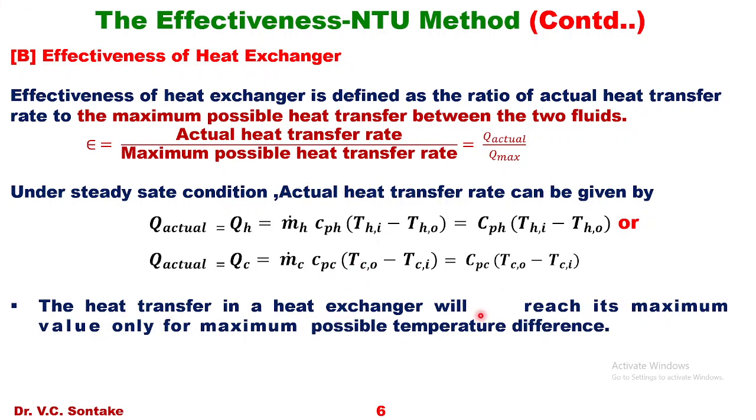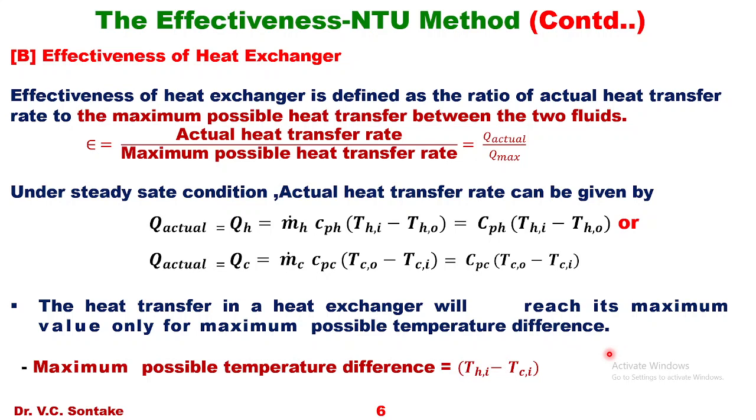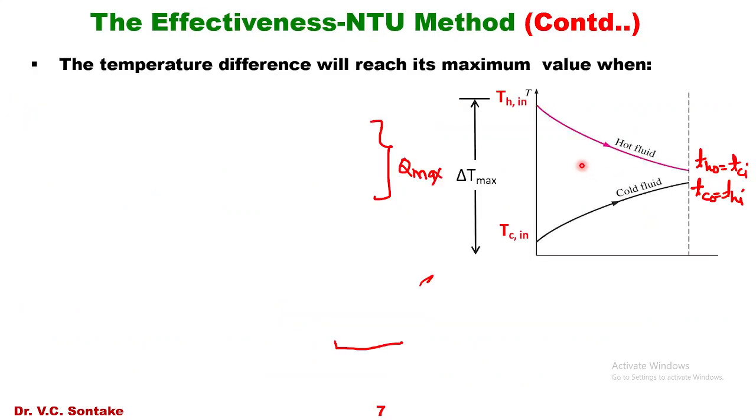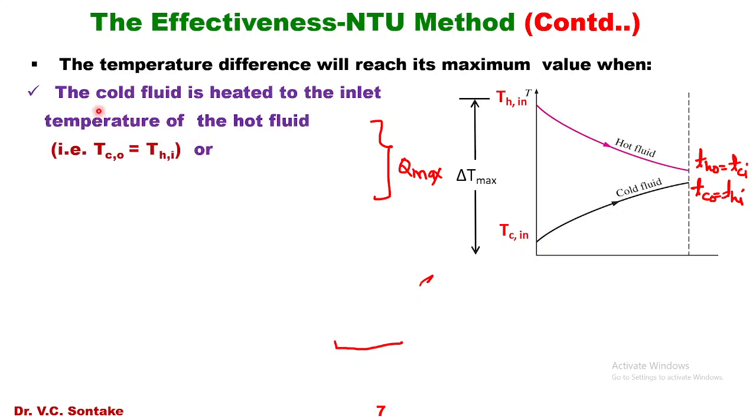The heat transfer in a heat exchanger will reach its maximum value only for maximum possible temperature difference. And the maximum possible temperature difference is given by the temperature difference Thi minus Tci. This is the maximum possible temperature difference available to any heat exchanger. Now the temperature difference will reach its maximum value to make the heat transfer rate maximum under the following conditions. When the cold fluid is heated to the inlet temperature of the hot fluid, that is Tco is equal to